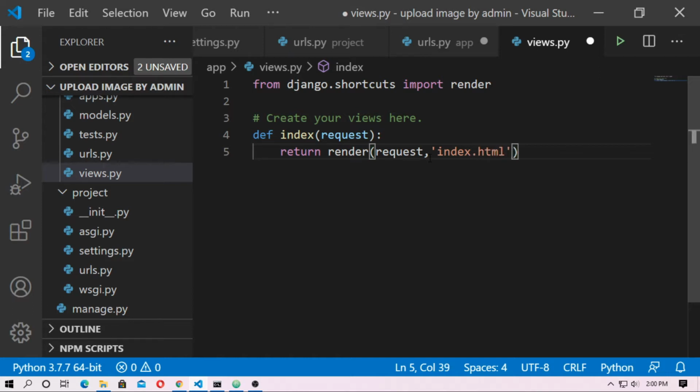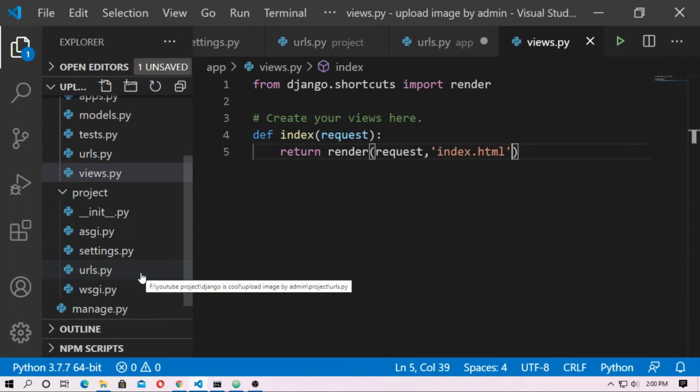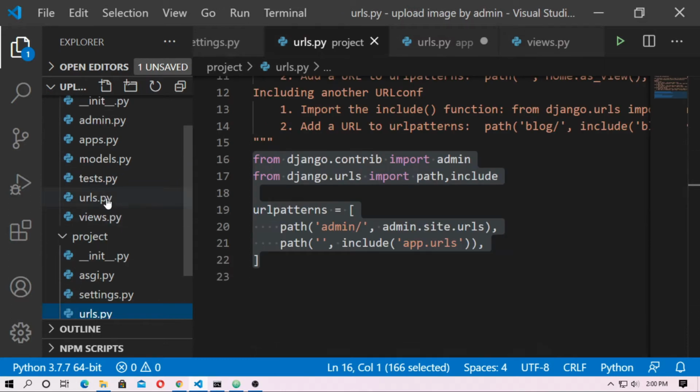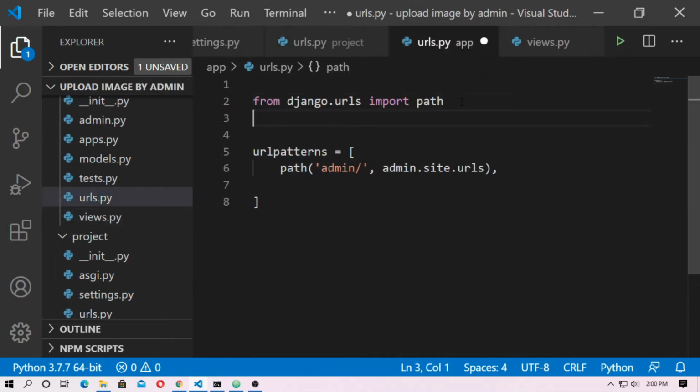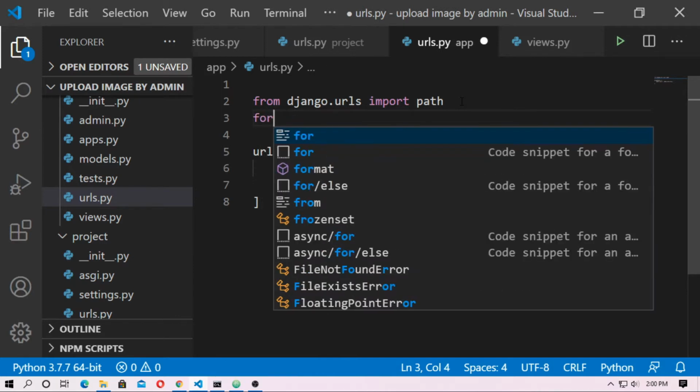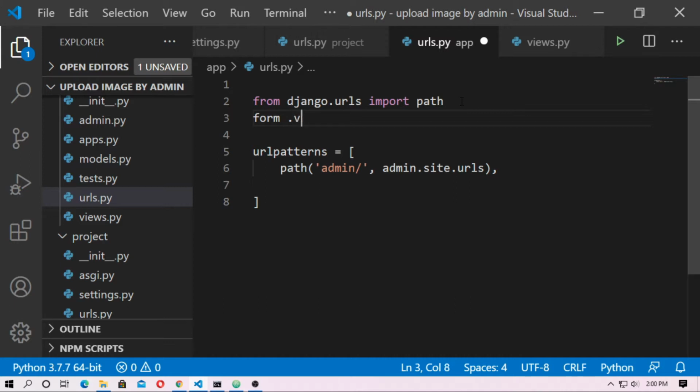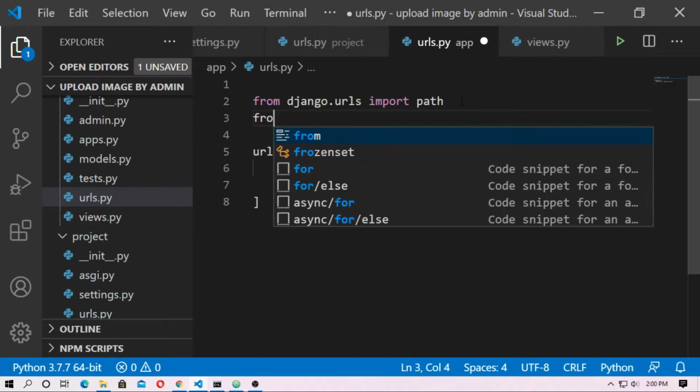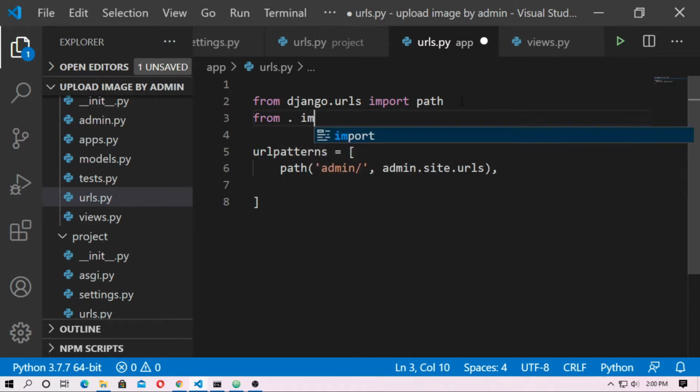Okay. Now go to urls.py in the application. Here just import the views: from dot import views. Okay.